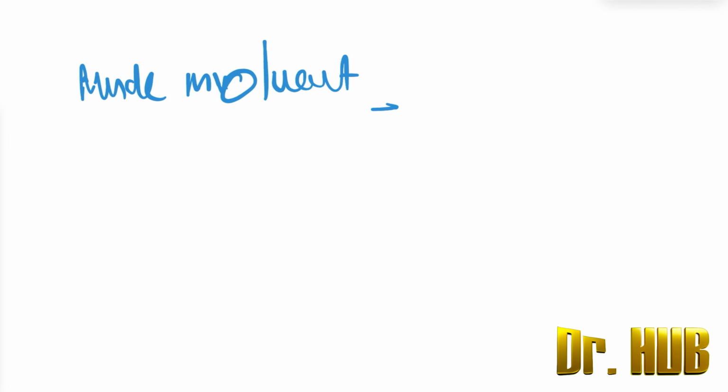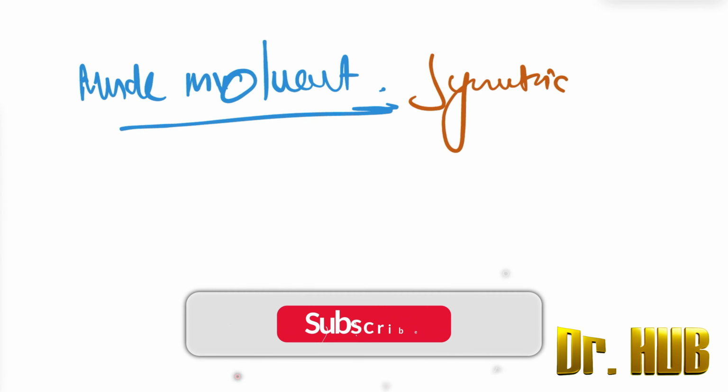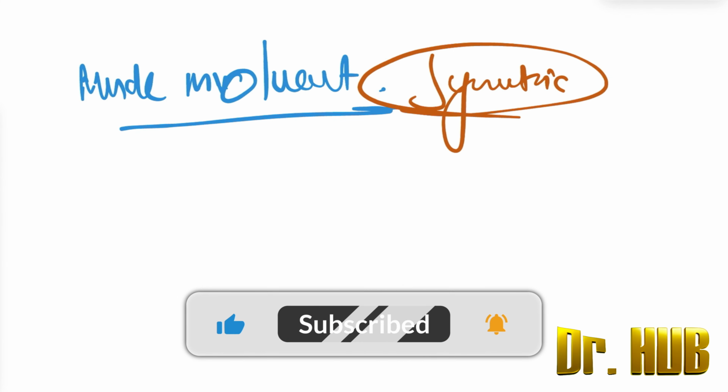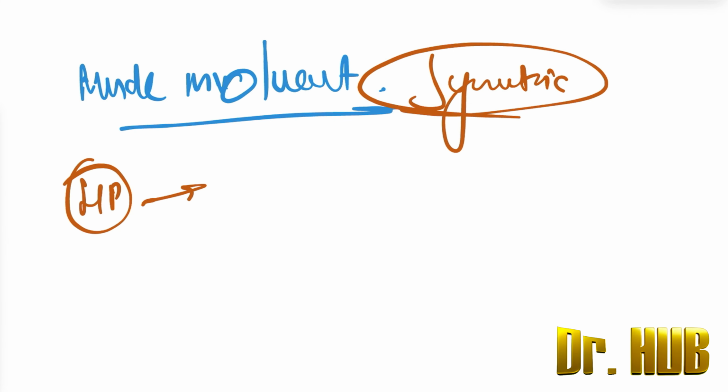Next we will look at the muscle involvement. What is this muscle involvement? In case of the muscle involvement, it is symmetric. The muscle involvement is very symmetric. Then when you look at the histopath changes, there is the perimysial